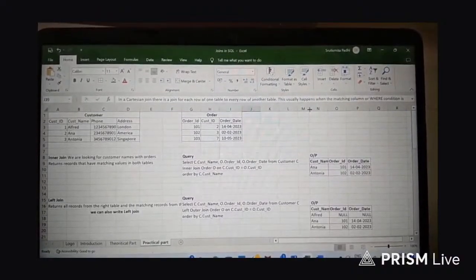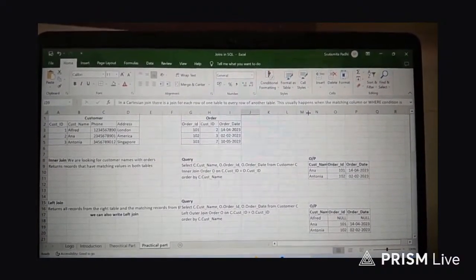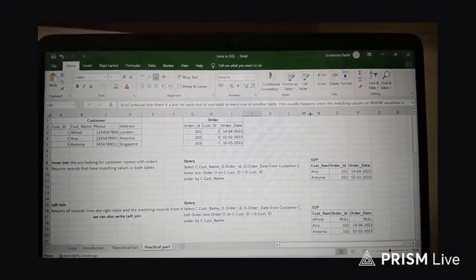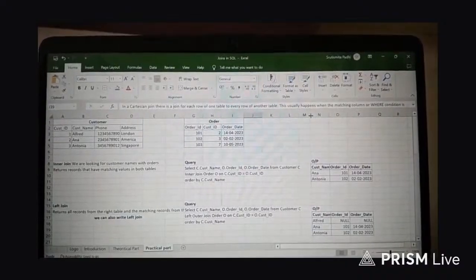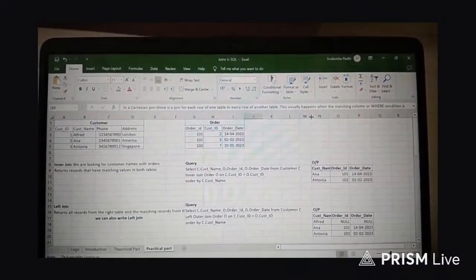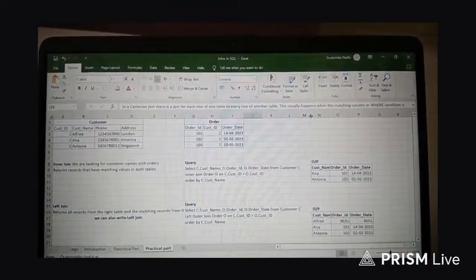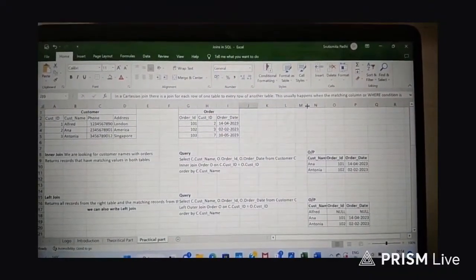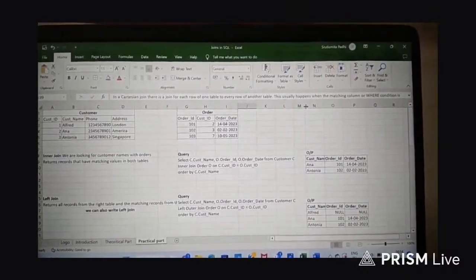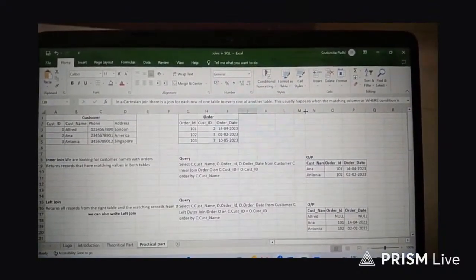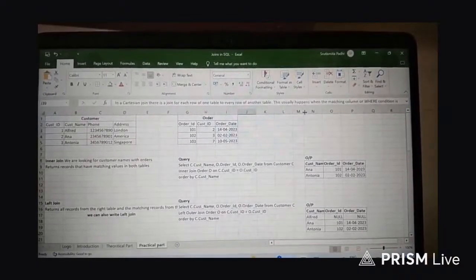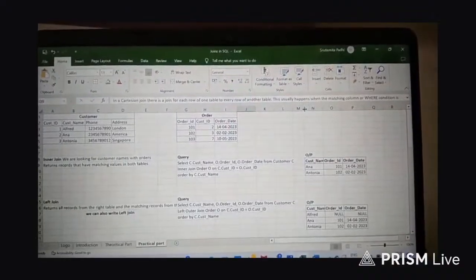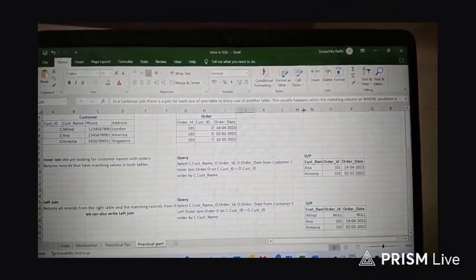As we know, inner join returns records that have matching values in both the tables. The matching values between these two tables are customer ID 2 and 3, so these two values we should see in the output. That's what has happened. In the output, customer name is Anna and Antonio, order ID is 101, 102,